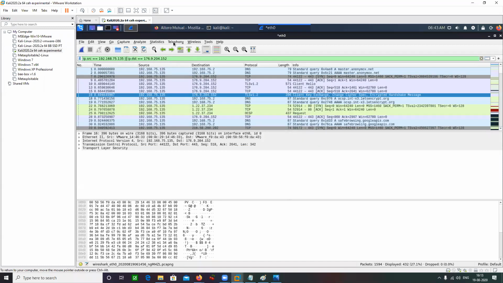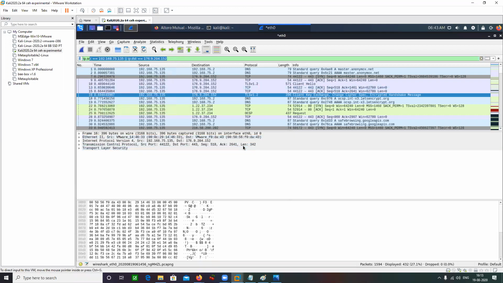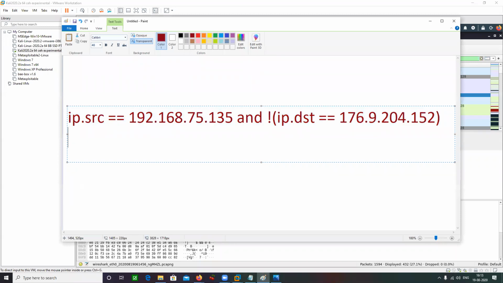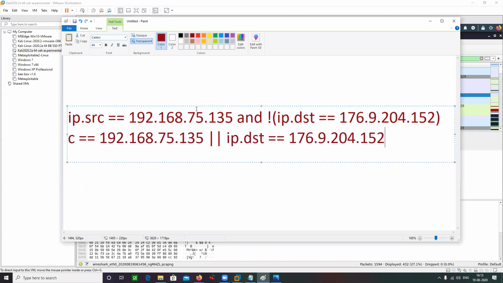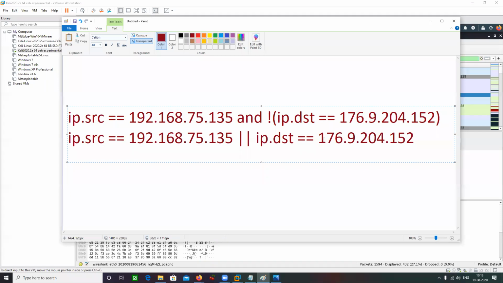Double pipe means OR. What is this filter going to do? This is your OR operator.